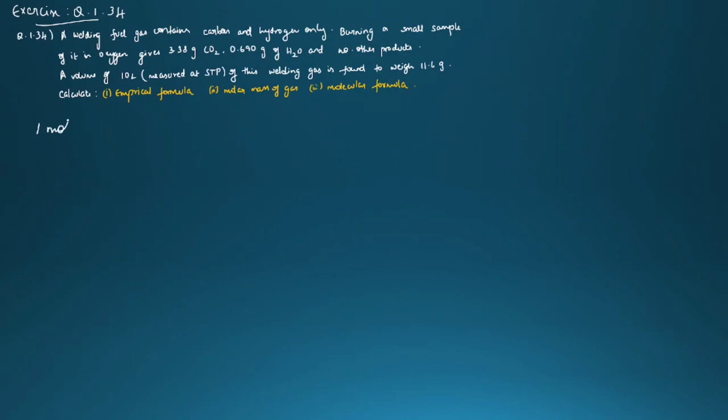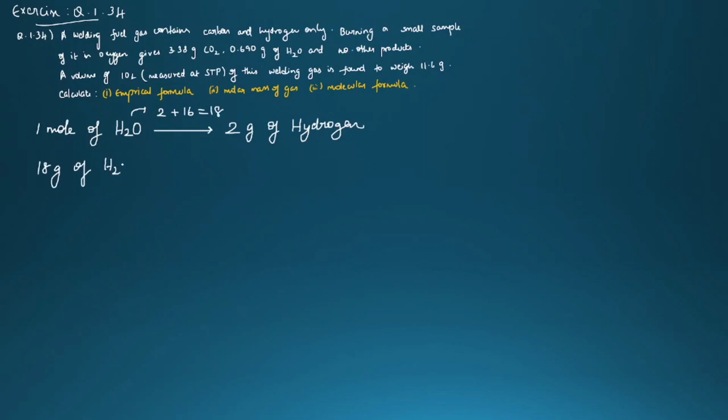The same way let us find for water too. So 1 mole of water, H2O, contains how much amount of hydrogen? 2 grams of hydrogen, because 2 into 1, that is the atomic mass of hydrogen. So 2 into 1, that is 2 grams of hydrogen is present in water. Molar mass of water is 18 grams. So 18 grams of water gives 2 grams of hydrogen. Then 1 gram of water will be, take this 18 to the denominator of the right hand side, so 2 by 18 grams of hydrogen, which will be equal to